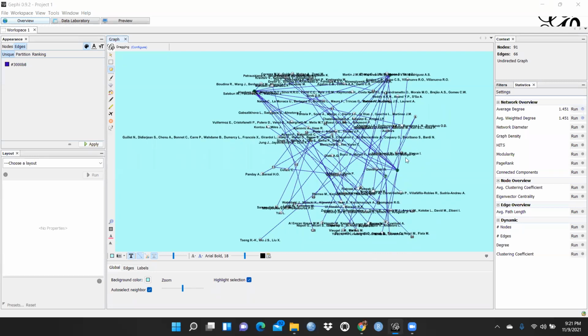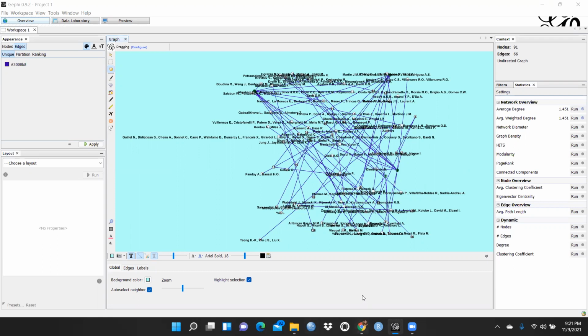Nowadays, people are publishing lots of research papers on social network analysis, like Facebook data analysis and Twitter data analysis, and you can analyze this data in this software very easily. In this software you can see network diameter, graph density, modularity, and average weighted degree. Each and everything you can compare, and clustering also you can see. Before this, I am going to tell you how to download this software.